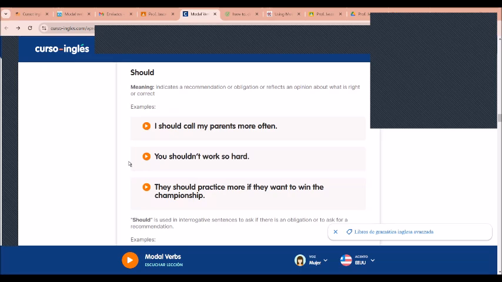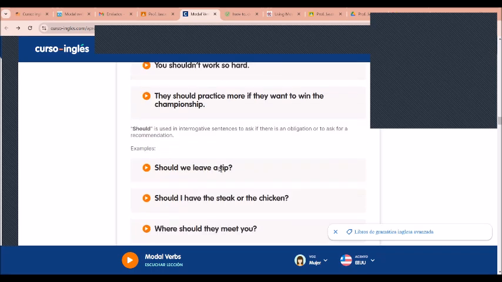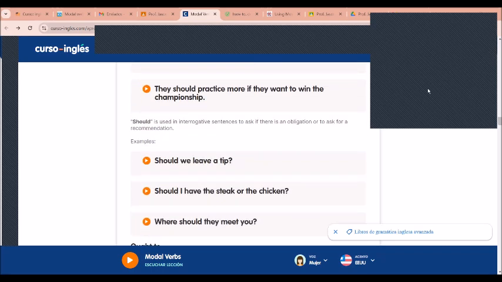All right. Now, Yamilet, if I want to save money, should I take a taxi every day or should I take the train? You shouldn't take a train. All right. You should take the train because the train is cheaper, right? So that's a recommendation. Now we can use it in question forms as well.